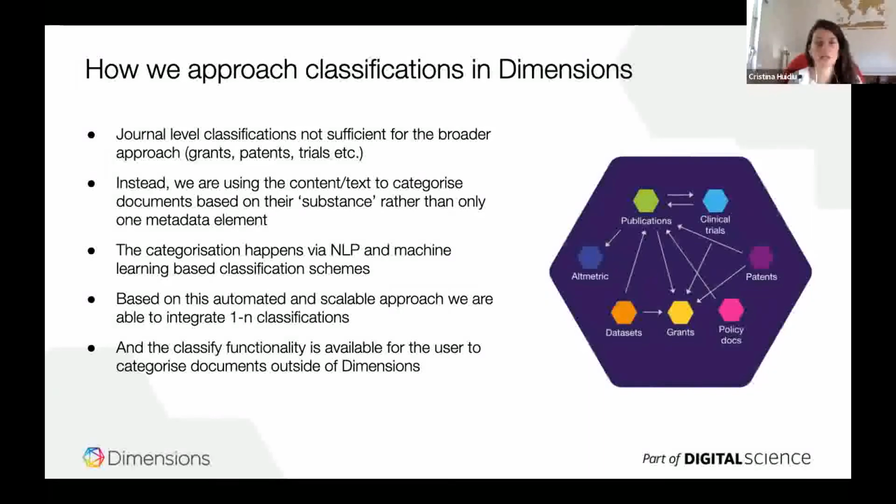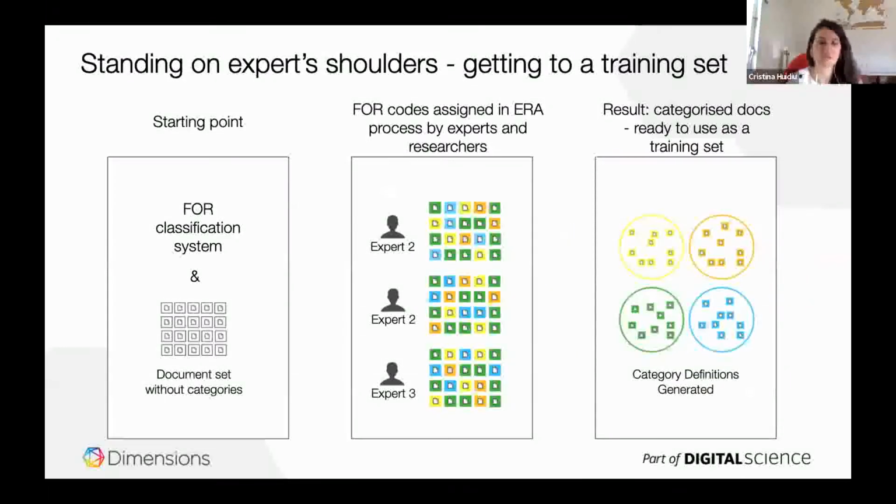And we wanted a uniform way of analyzing the data and applying the classifications the same way throughout, regardless of the type of data that we have. So the same classifications should work with grants, with clinical trials, with policy documents, and so forth. And we also wanted to do it in a way that it wouldn't involve an army of people. So what we did instead is we took